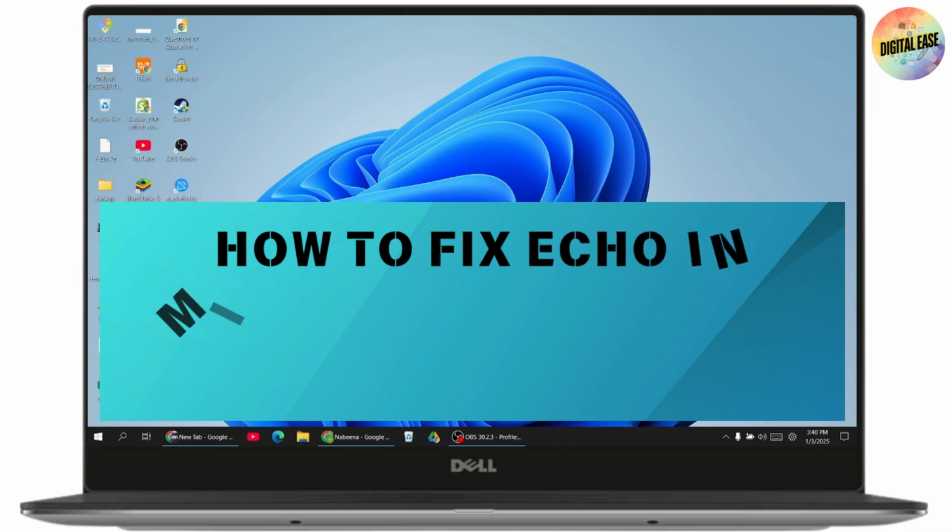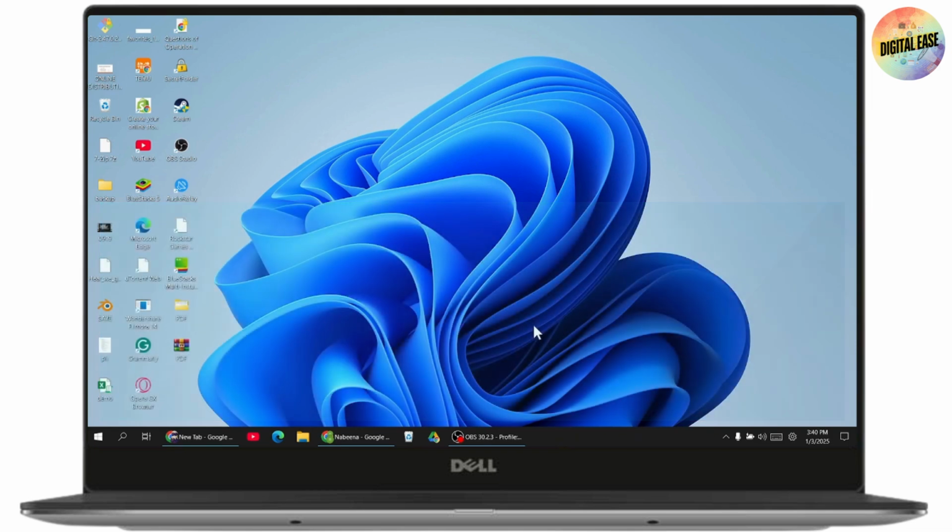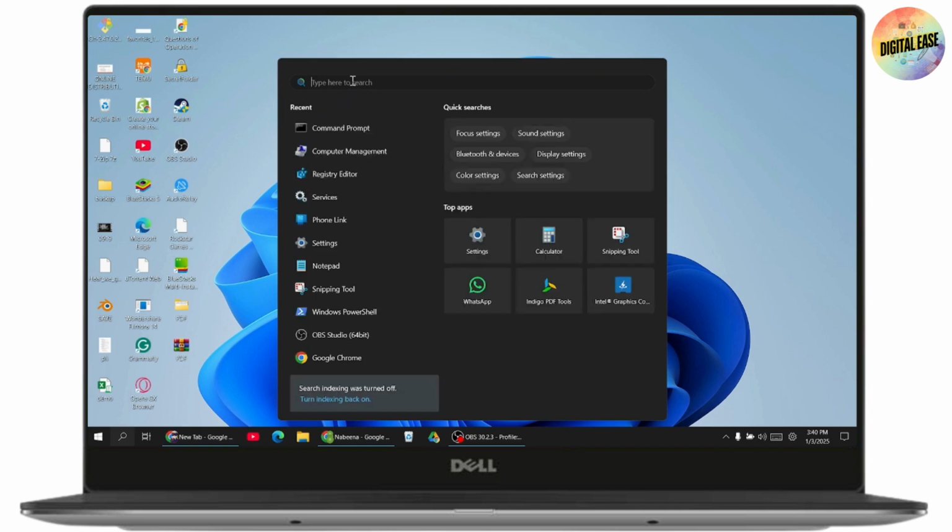How to fix echo in microphone or headset problem in Windows 11. So if you want to fix your headset or your microphone problem in your Windows 11, then first you just need to simply go to search, and under search you need to search for